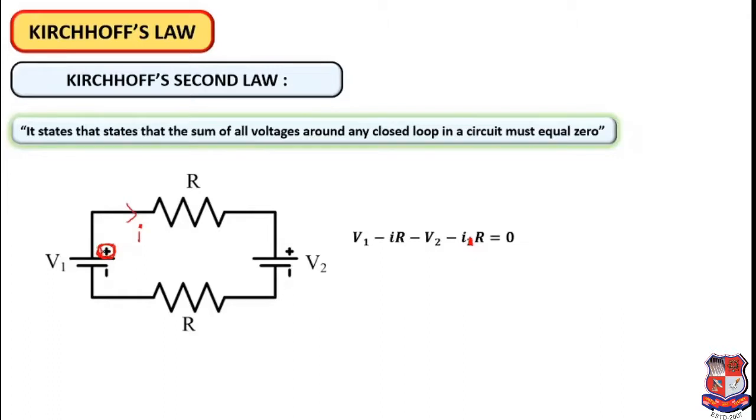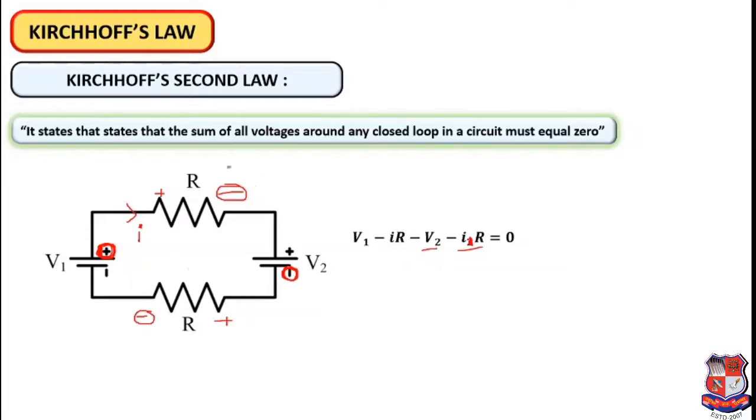Suppose you take the outgoing current as the term, then you can take that as a solution for the whole circuit. So I am taking the polarity at which current comes out. Over here the current is coming out from this positive polarity, so plus V1. Now the resistance would be plus minus, so it would be coming from this minus term, so it will be minus I into R. Over here again this will be coming out from minus, that is negative polarity, so it will be minus V2, and similarly minus IR. So this would be equal to 0.